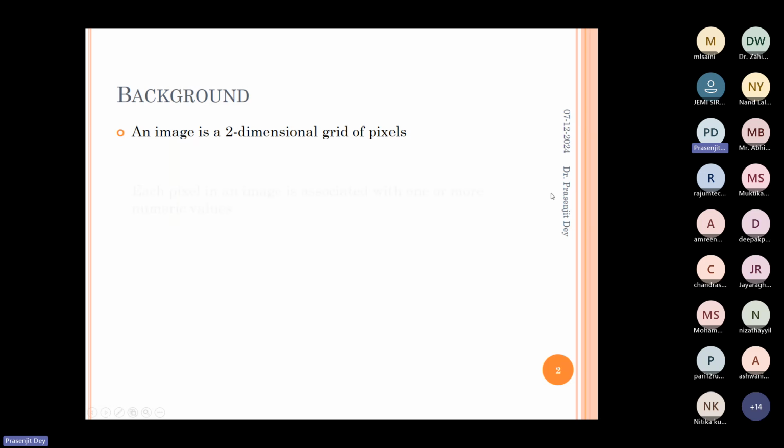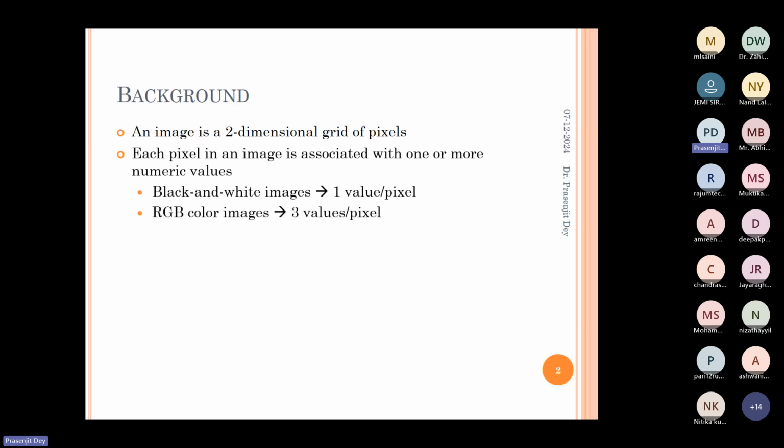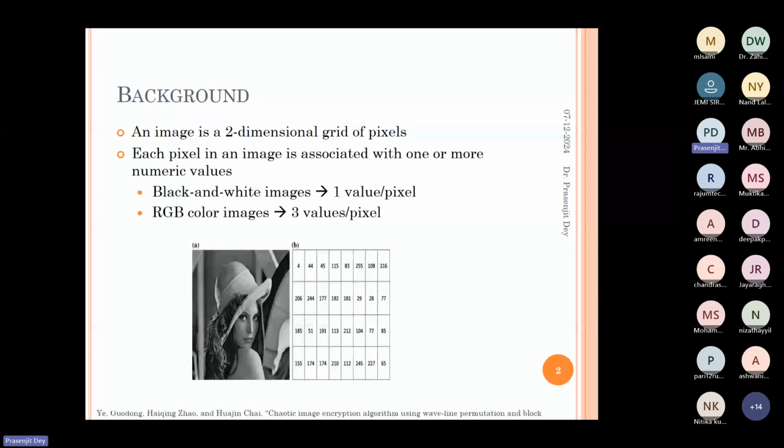So as we all know about images, an image can be a black and white image or a color image. Now, if I look into the black and white image, the image mainly consists of a lot of pixels. Pixels are organized in a horizontal and vertical fashion. So we can talk about this as resolution. Resolution is the height of an image times the width of the image, and that is the total number of pixels. So if I say my image is 640 cross 480, then 640 is